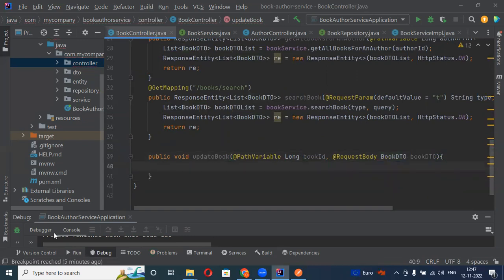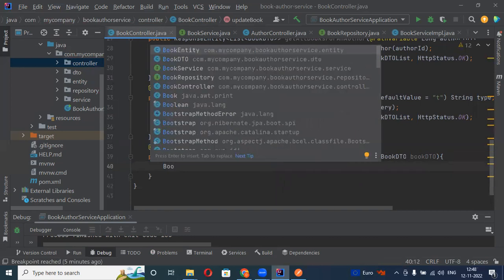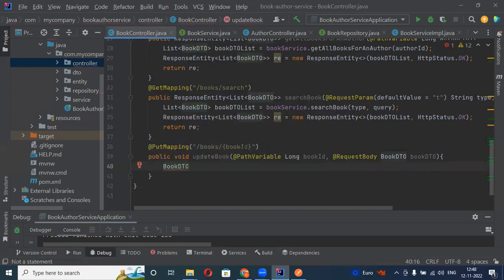All right. And now we will have to annotate this method with @PutMapping, and then the URL, we'll want to update the books. So books slash colon book ID, which will get saved here, this name and this name. So it's going to update the book and we will pass the book in the body. And from here, we want the updated book. So book DTO